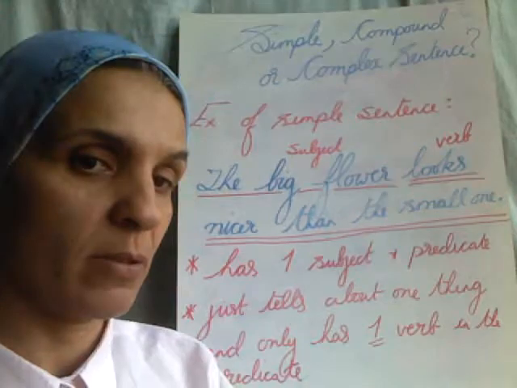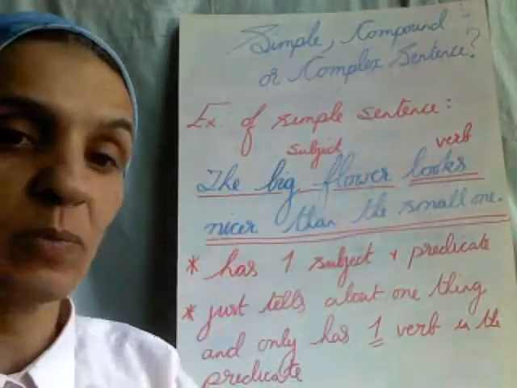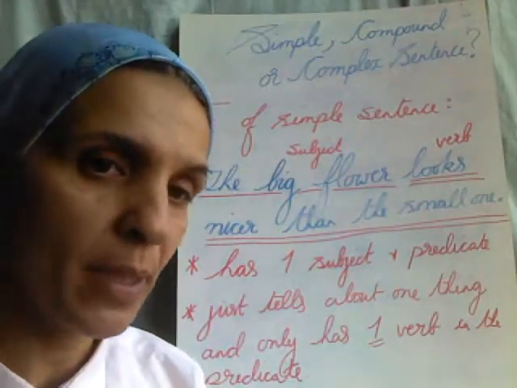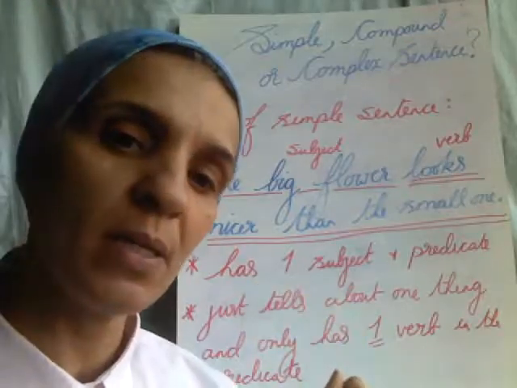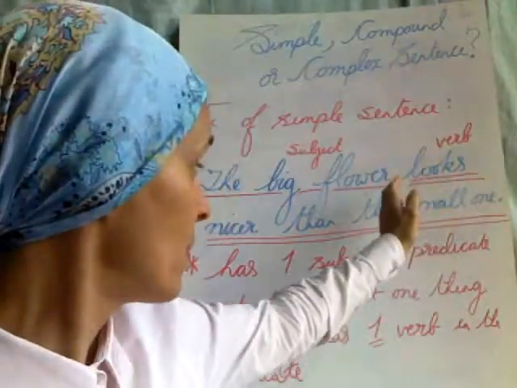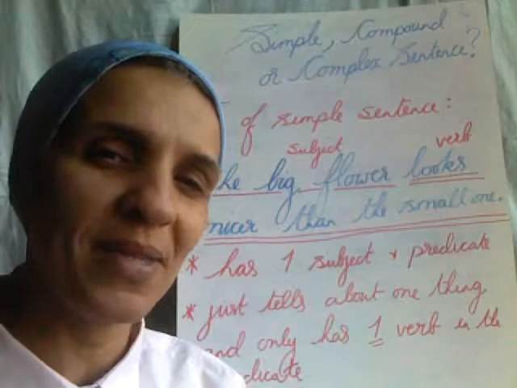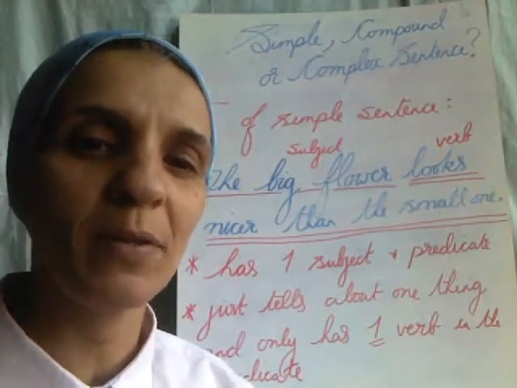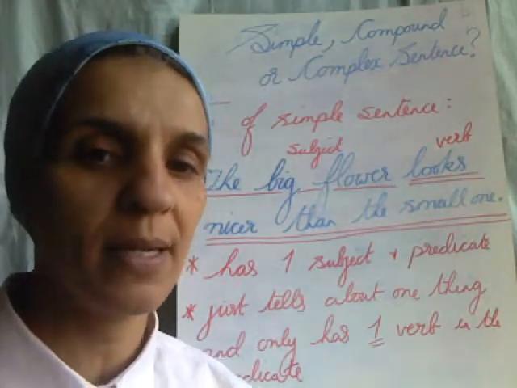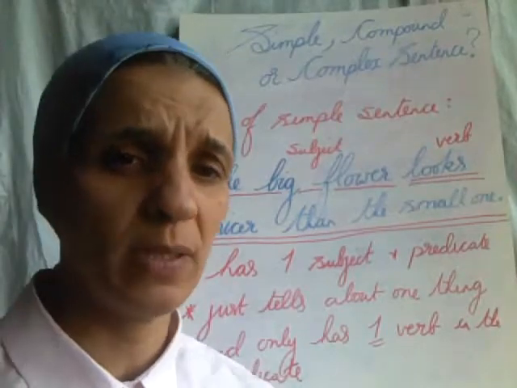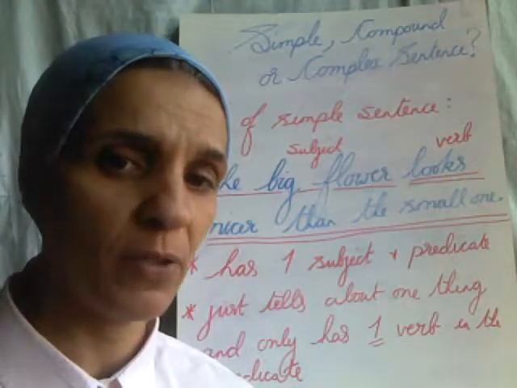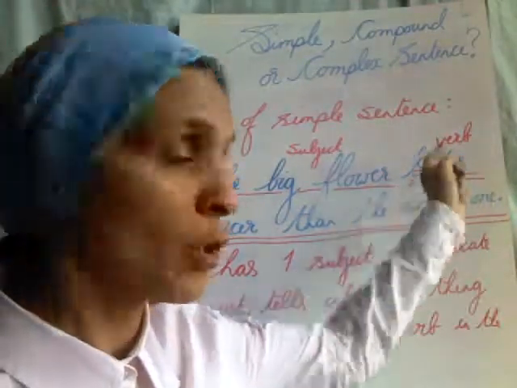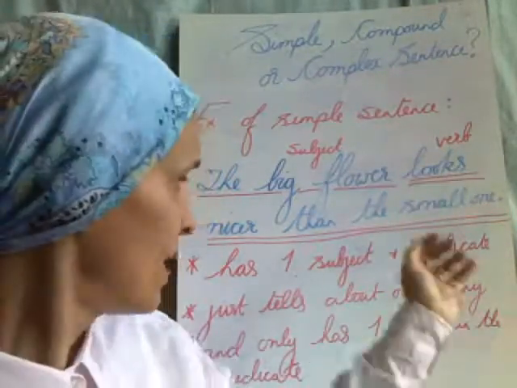with 2 lines. So my subject is the big flower, that's what my sentence is about, and my sentence is telling me that this flower, the big flower, looks nicer than the small one. So what it's telling me about the flower is that it looks nicer than the small one. It has one subject, which is the big flower. It has one verb, looks, and it has